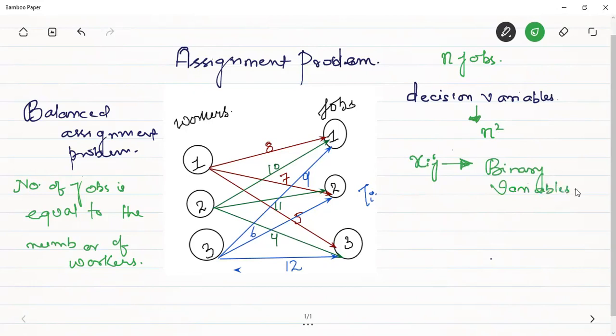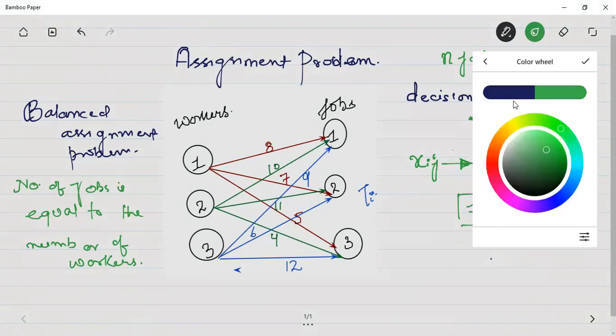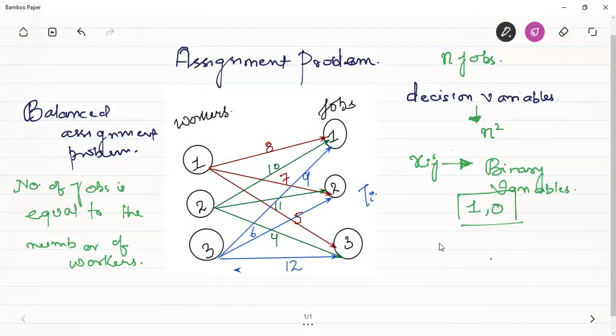These are binary variables. And we know that binary variables can take only 2 values, that is 1 or 0. This is the possible allocation of the binary variables. It can take the values of 1 and 0. What does it mean? Suppose